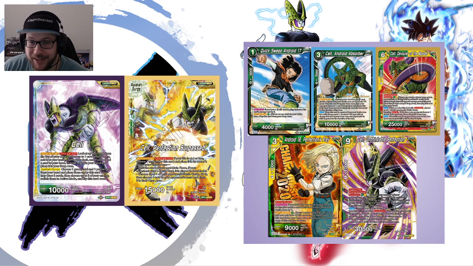Seems pretty okay. And then going back to Cell Android Absorber, what's cool about this is, let's say your opponent plays a counterplay and they kill your Cell because they can't come back. You then get to choose an Android 18 card from your drop area with cost 3 or less, and then you can put that card into play with its skills negated for the duration of the turn. So what I like about this is no matter what, you're going to get 6